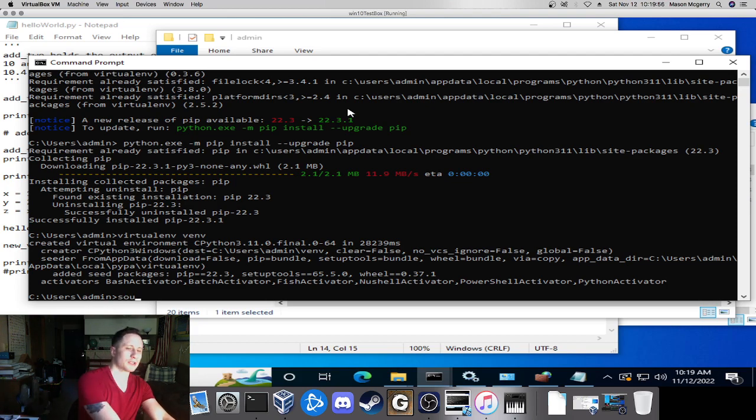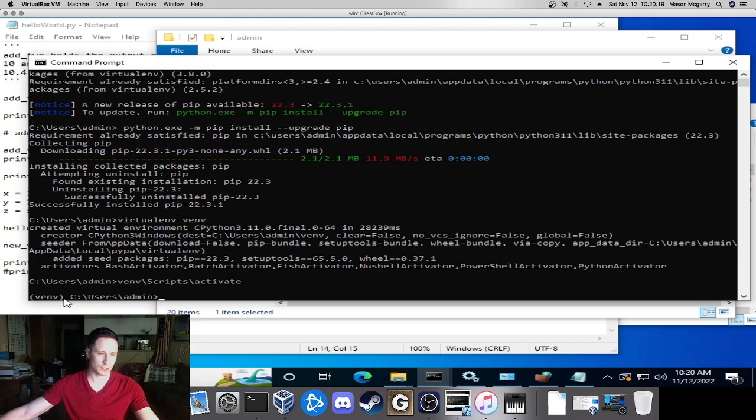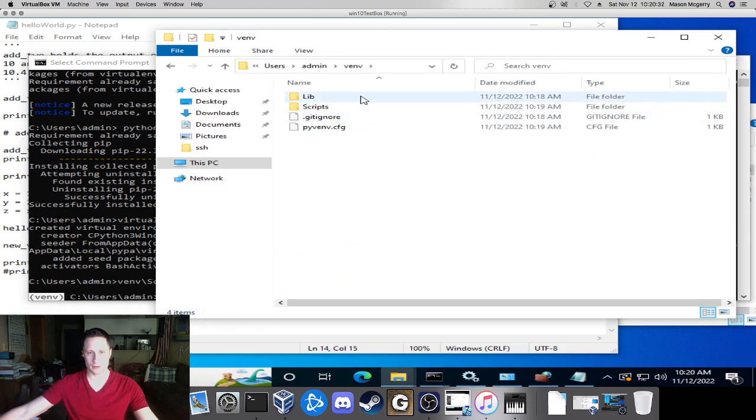And then I think it's something like source venv, and then, am I doing that right? See, this is why I write it all down. Okay, I see. So what I have to do is venv, scripts, activate. And then you'll see it changes here, and it gives you this hint that you're inside of this virtual environment. That's what this means. And so now anything that I install here is going to be a part of this sort of fake